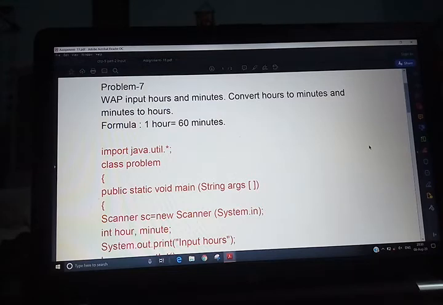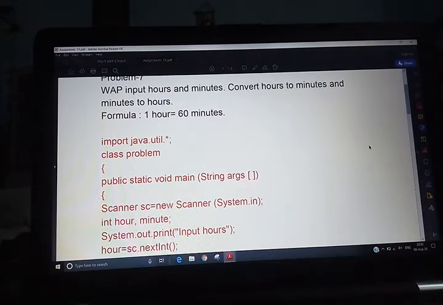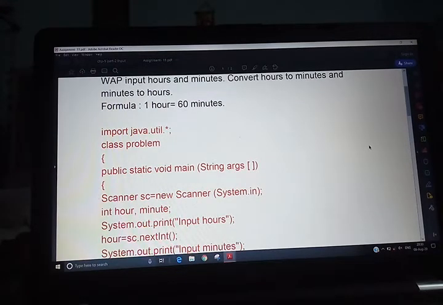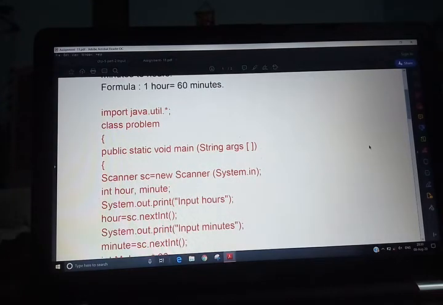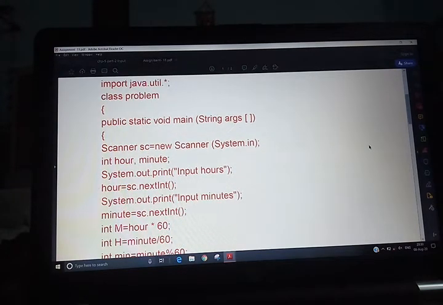The solution is also given. import java.util, that is a package name, then class, public, Scanner object sc = new Scanner(System.in). Then you are going to input hours and minutes.